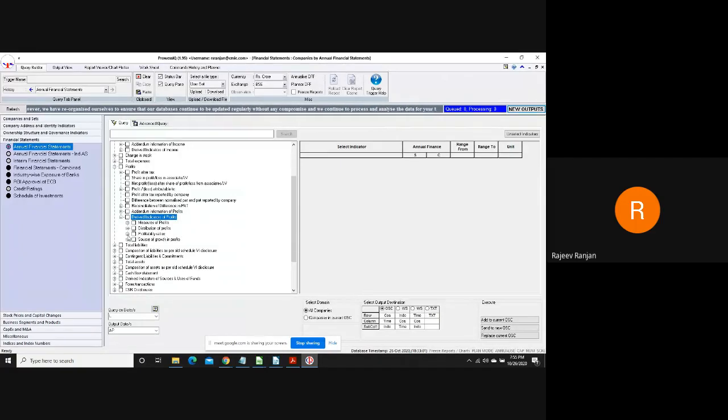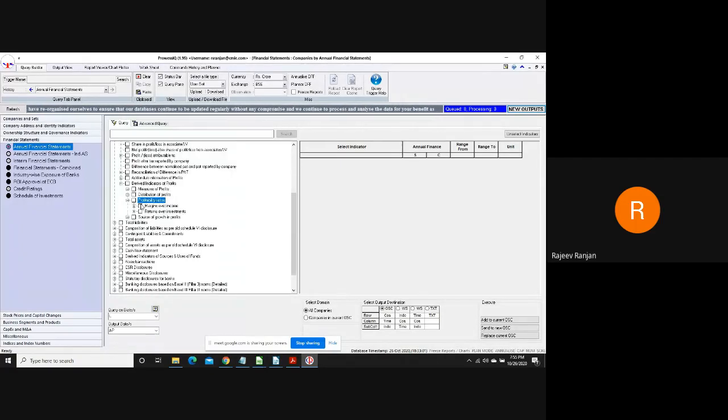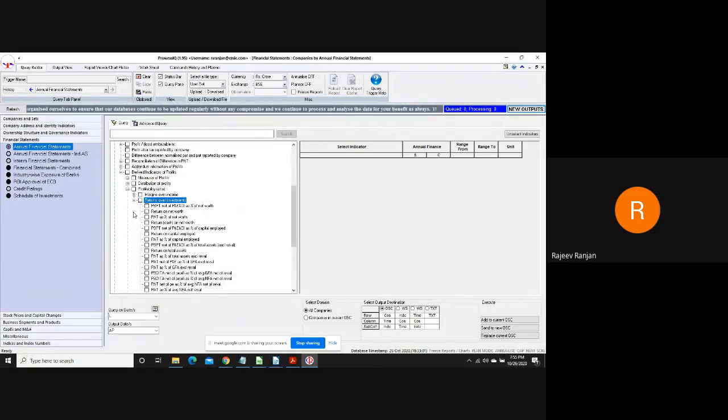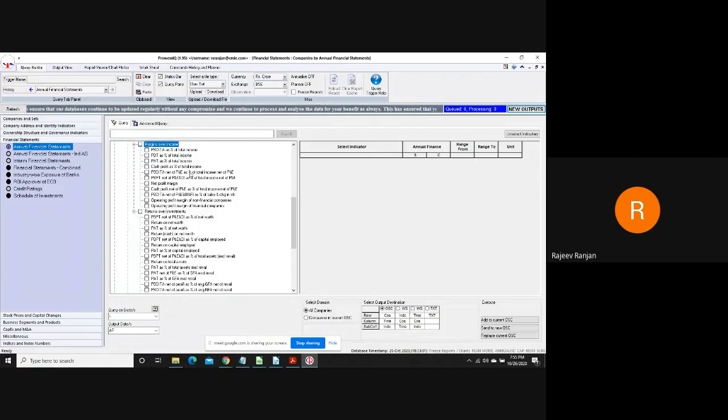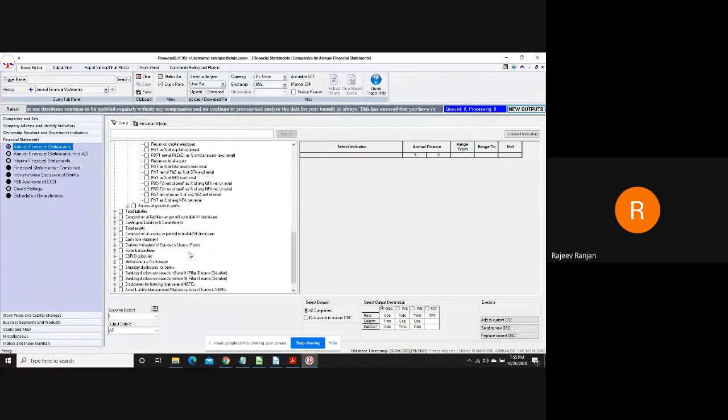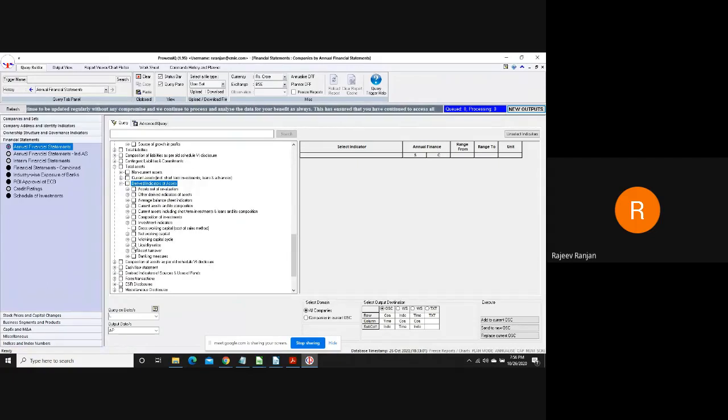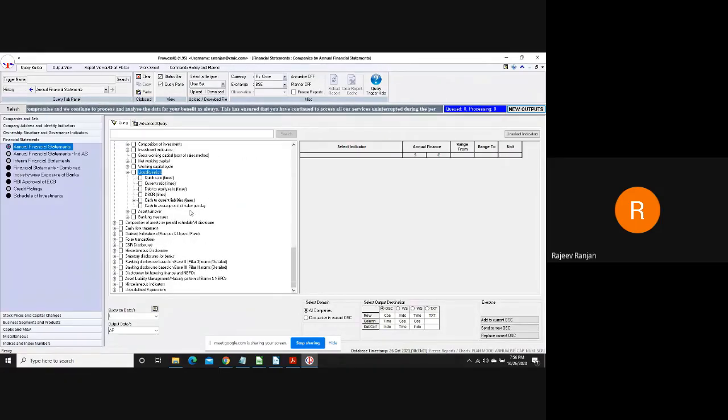If I'm looking at the profitability ratio, my margin over the income and the return on investment ratios are all available here. Similarly, if I go to the assets and see the derived indicator of assets, my liquidity ratio, working capital cycle ratio, and asset turnover ratio are all available here. So do refer to all ratios from the derived indicator.